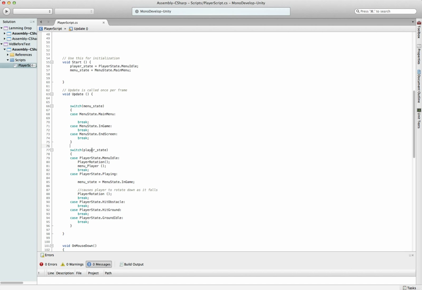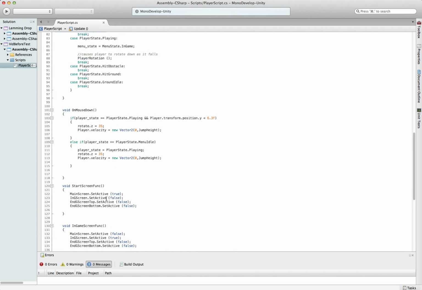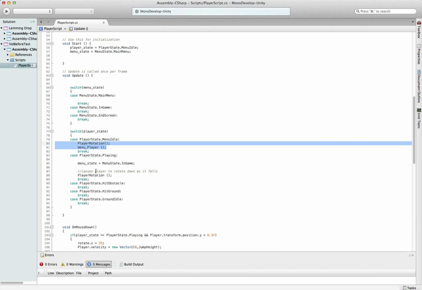Okay, in the player state, we want to put in the menu idle. We want to put in player rotation and menu player. These are functions that we define down here, and we'll get to those in a minute. So player rotation, menu player, and then in the playing, we want menu state equals menu state dot end game, and then we also want player rotation